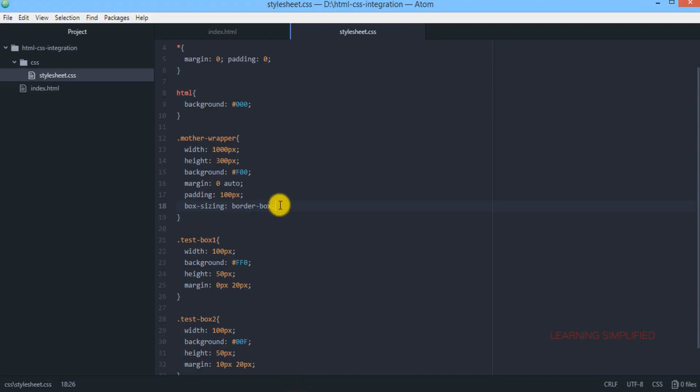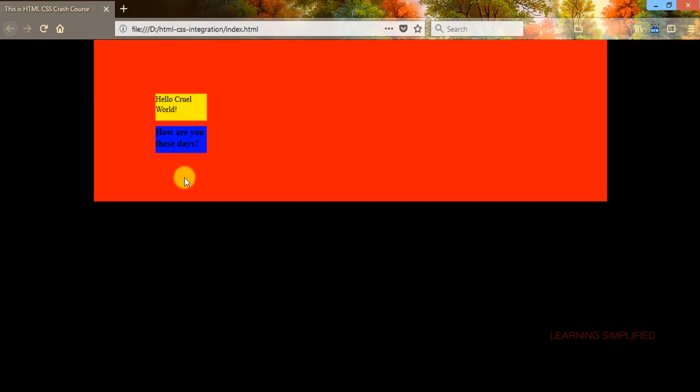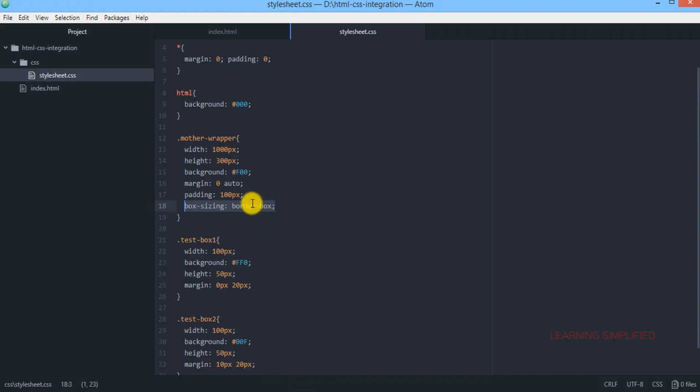So this is the property that will be making these changes. This box sizing border box, with the aid of it we can keep the containers at a constant position. We can keep it in the same way as it should have been previously, and with the aid of it we can provide a proper padding to a proper container.